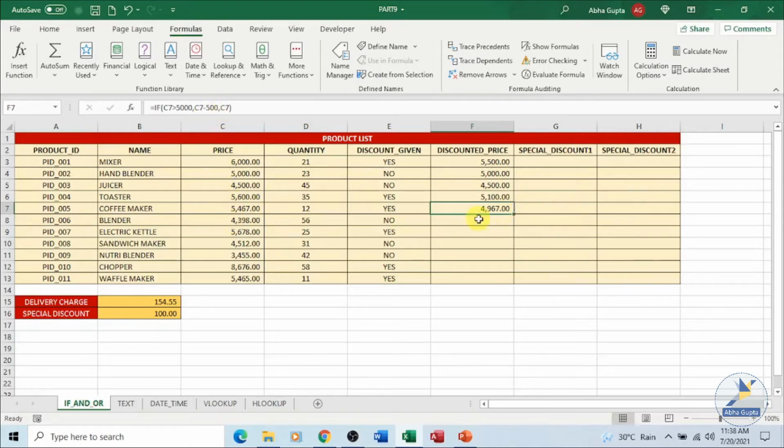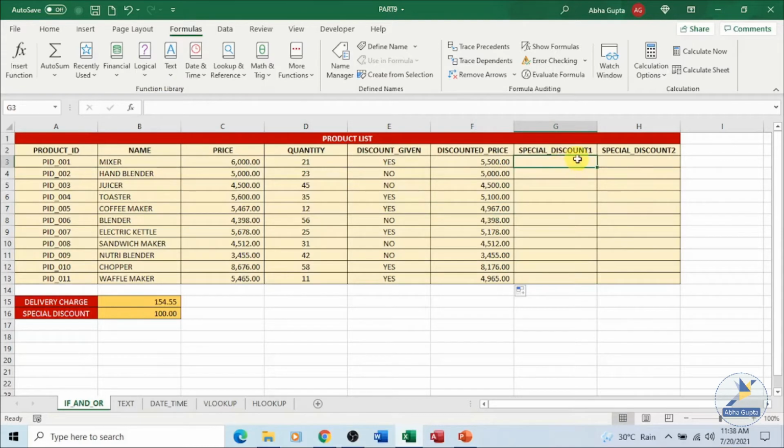Let's see the same thing. Here we have used a different condition, but the results will be the same. So you can try it out for yourself also. Here you can see no changes have been made. So there are different ways of using the if conditional function over here. You can type in your own condition as per your requirement.